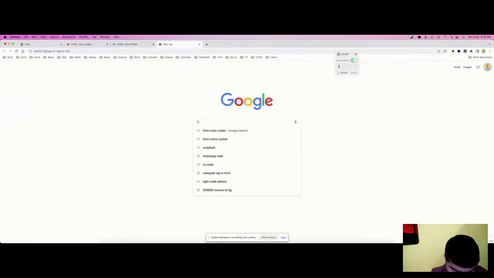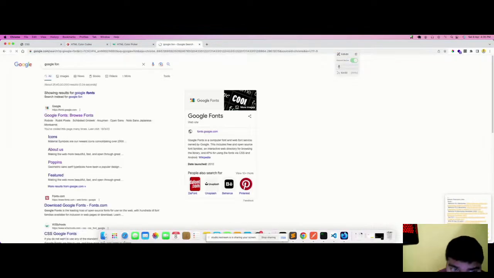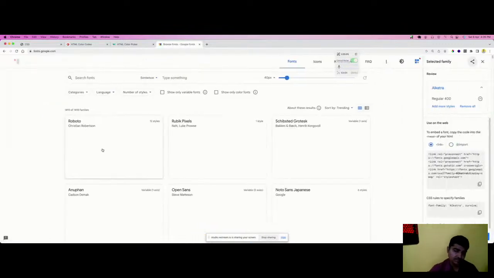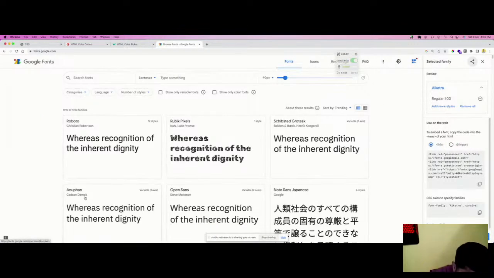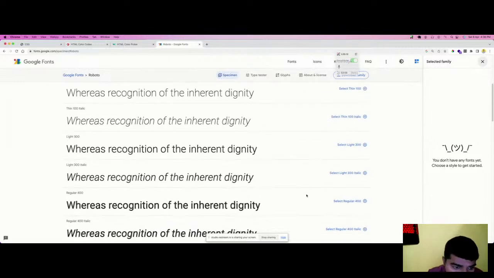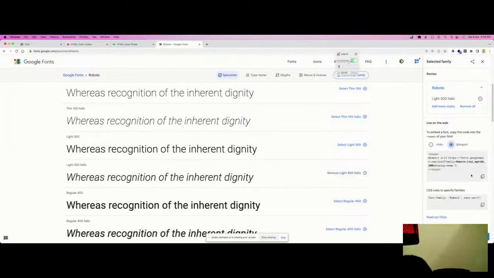So we have Google fonts. Let us check out the first one, which is Roboto, and we have this one. We will import it.